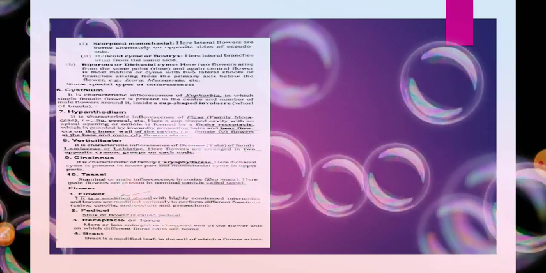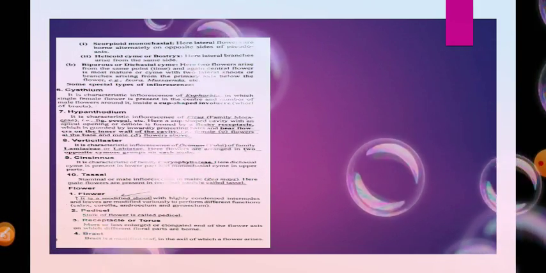That is, the female flowers are at the base and the male flowers are above. Then verticillaster is the characteristic inflorescence of Ocimum, which we normally call tulsi,